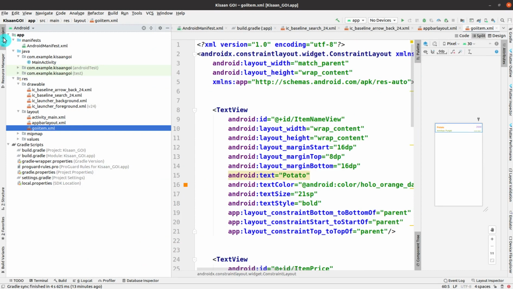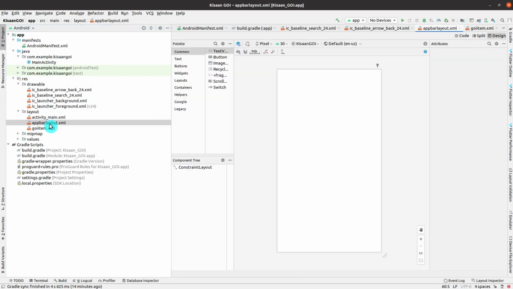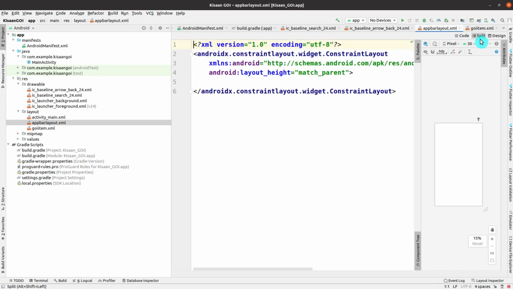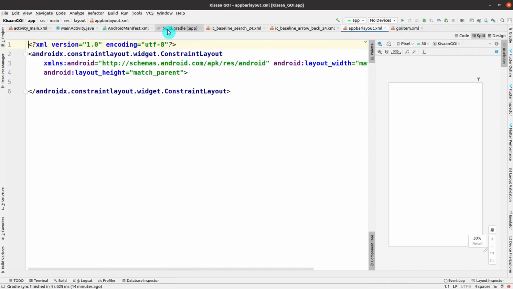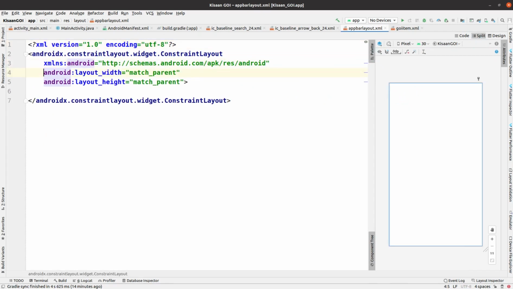Now I am out of this particular layout design, and now I am in the app bar layout. So we just have to follow some steps to design this also, like you have seen previously in the previous layout. So what we have to add here, we have to think out firstly, and then we are going to add.